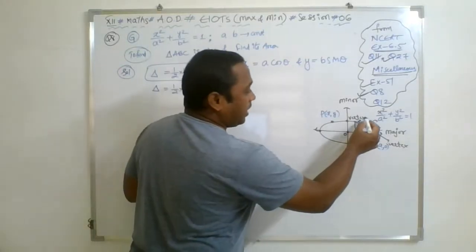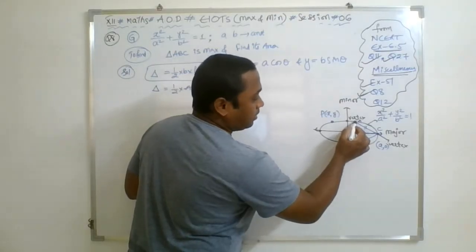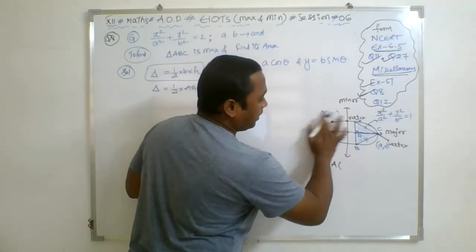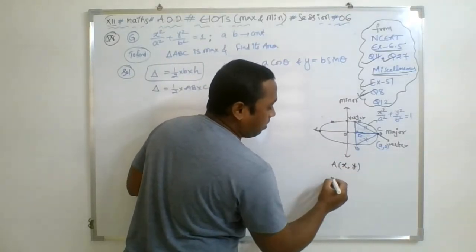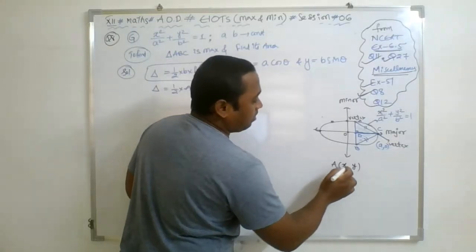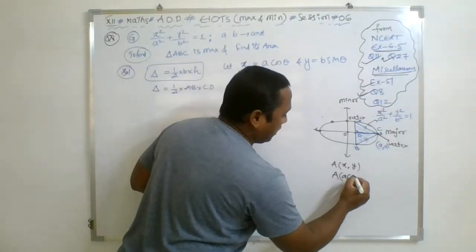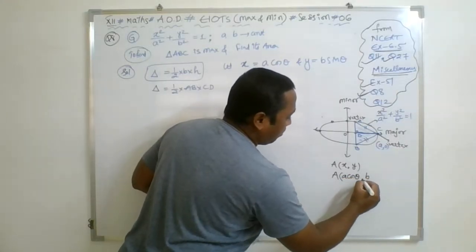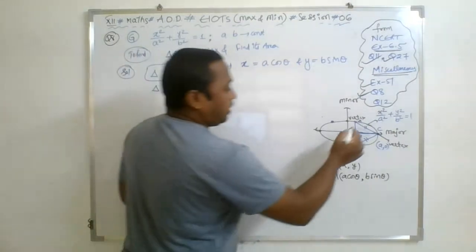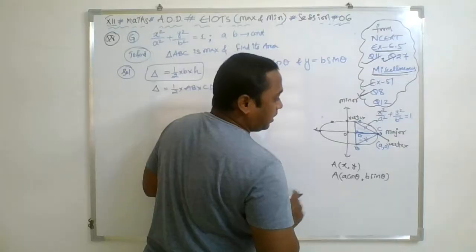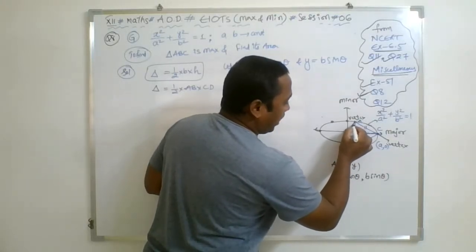Now I am writing the vertex A. Since it is in the first quadrant, the coordinates will be of the form x comma y. So what is the parametric form of x comma y which satisfies the ellipse? It is a cos theta comma b sin theta. If I join OA,